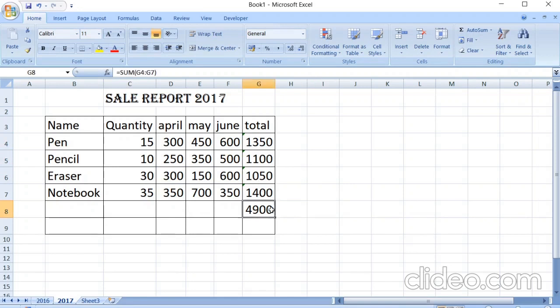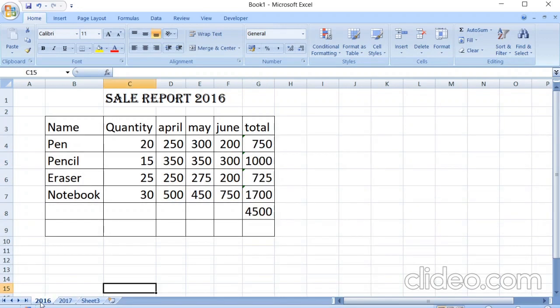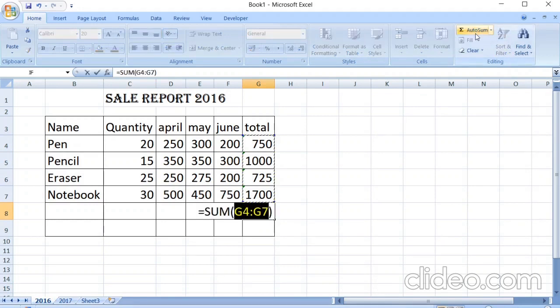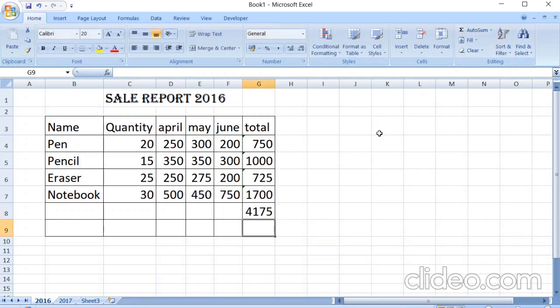So I have done a total in this way. It is a total of the above one. Clear? This way I have created two sheets. One is the quarter sale of 2016, another is the quarter sale of 2017.